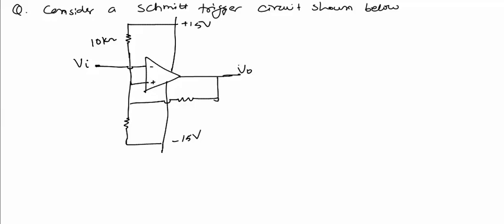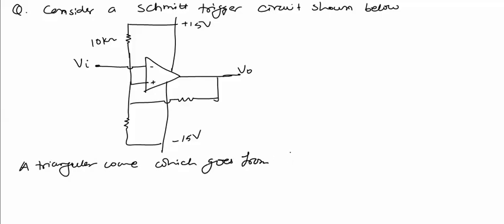This is the Schmitt trigger circuit shown in the figure. Now a triangular wave which goes from minus 12 volt to plus 12 volt is applied